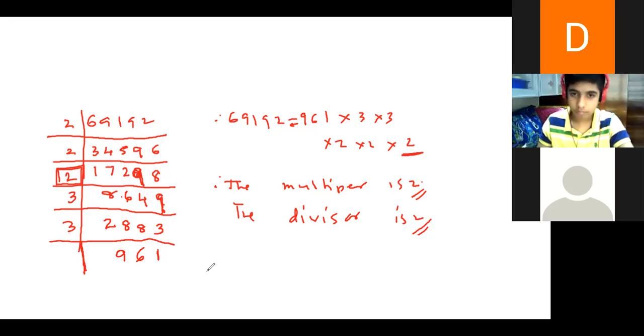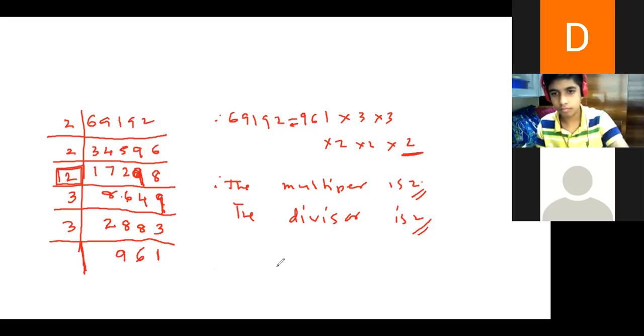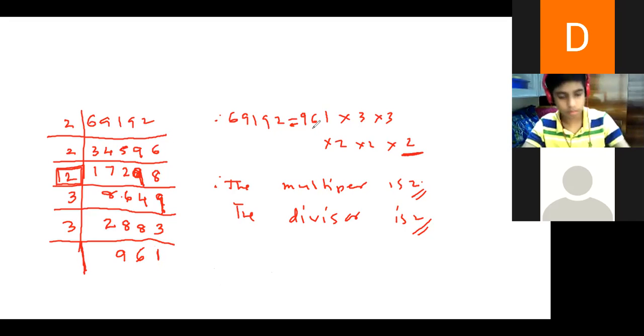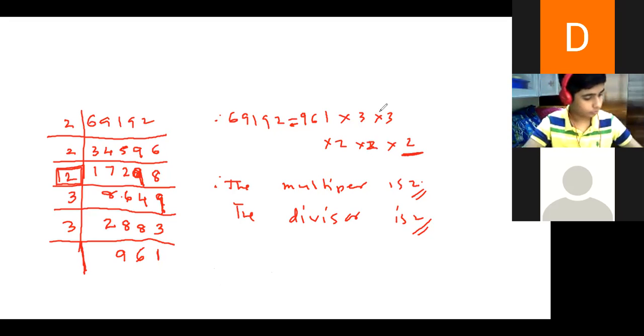Arnav, done? Hello, Arnav? Yes, sir. See, 961 I didn't find the prime factors because we know it is the perfect square of 31. So directly we wrote 961 because they have not given which method. By any method I can find the multiplier and divisor. Okay. Now the third one, part D, exercise 3D. One minute.